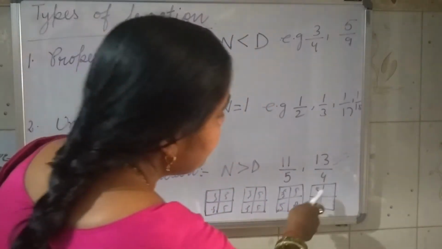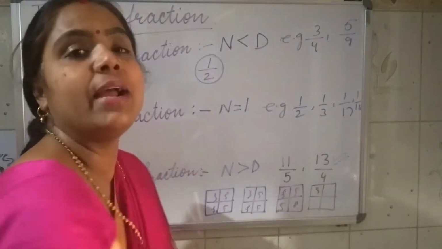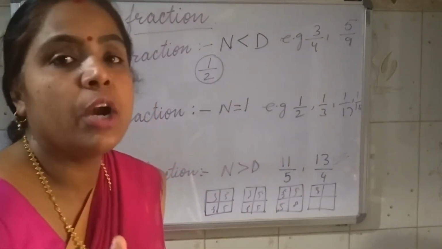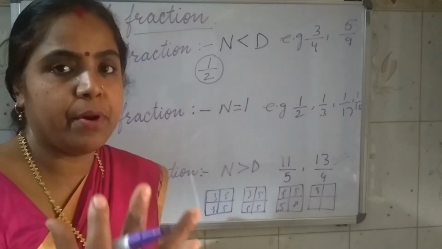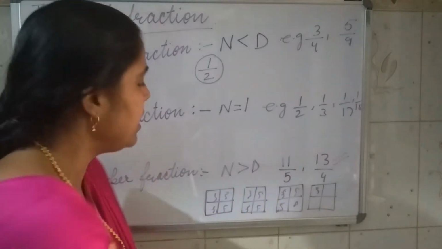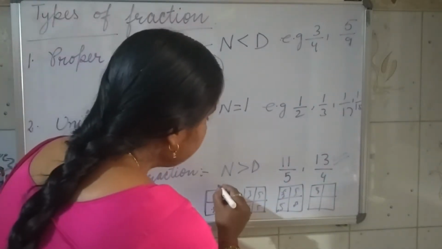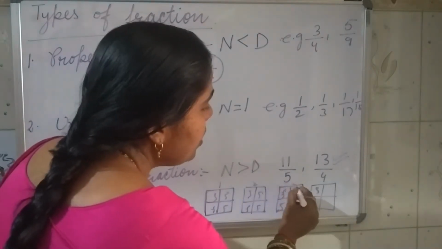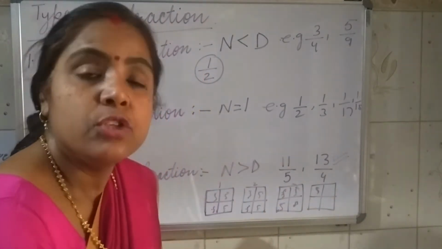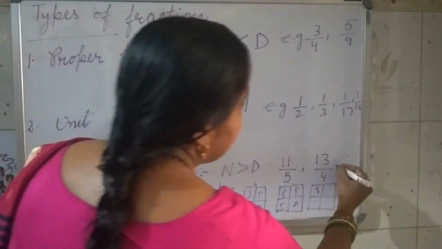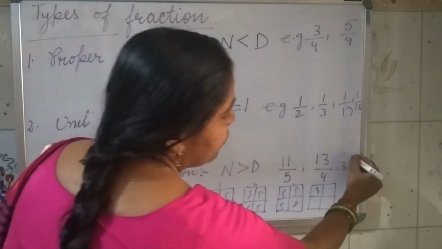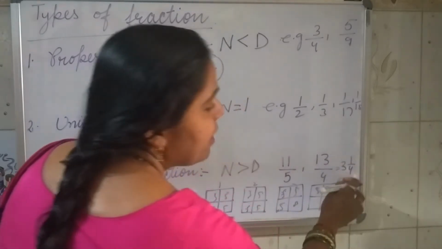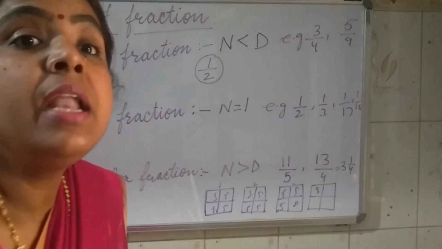But you can see that in one fraction only, you cannot take out 13 parts, it is not possible, because the denominator is 4. So whenever there is an improper number, we have to convert it into this form. And in this form, since it is 1, 2, 3, it is a whole number. This is a whole fraction. So it is a whole number. So we will call it 3 and then the next fractional number is 1 by 4. So it is 1 by 4. And this is called a mixed number.